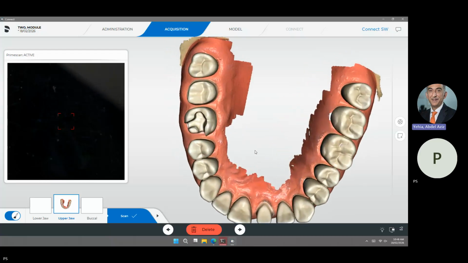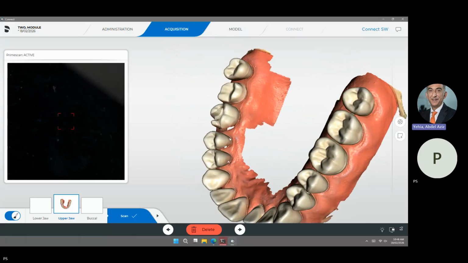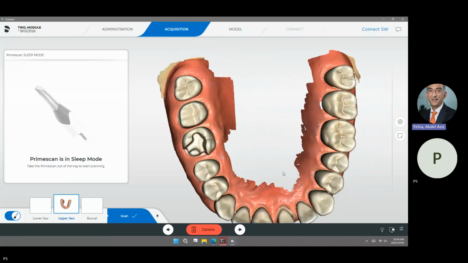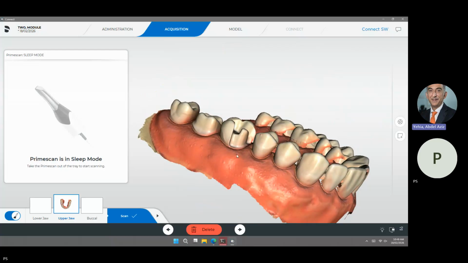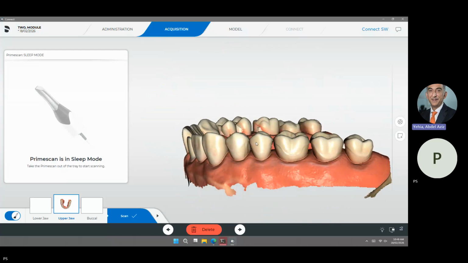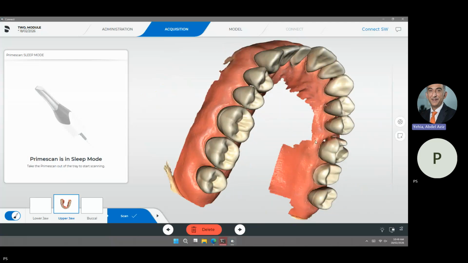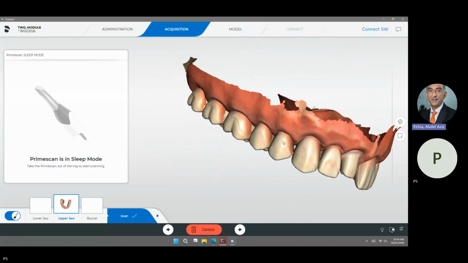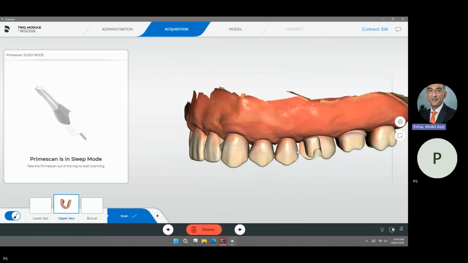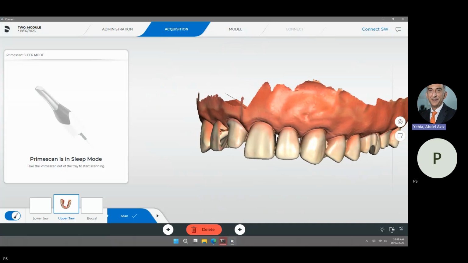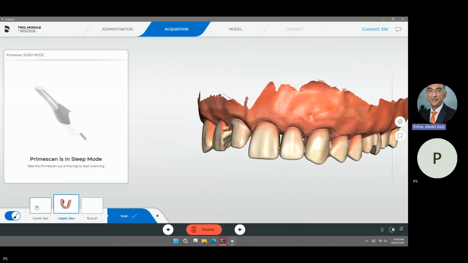So I believe that I scanned. I don't care at this point about any gaps in other areas. The only area where I wish to not see gaps is the labial of the premolars, because this is usually where I scan my bites from the premolar and first molar area. Please make sure that it is scanned labially from the labial side with not a lot of gaps, okay? Because we will need to refer to this area when we are taking our bite. So I will go to the lower arch, to the lower jaw,